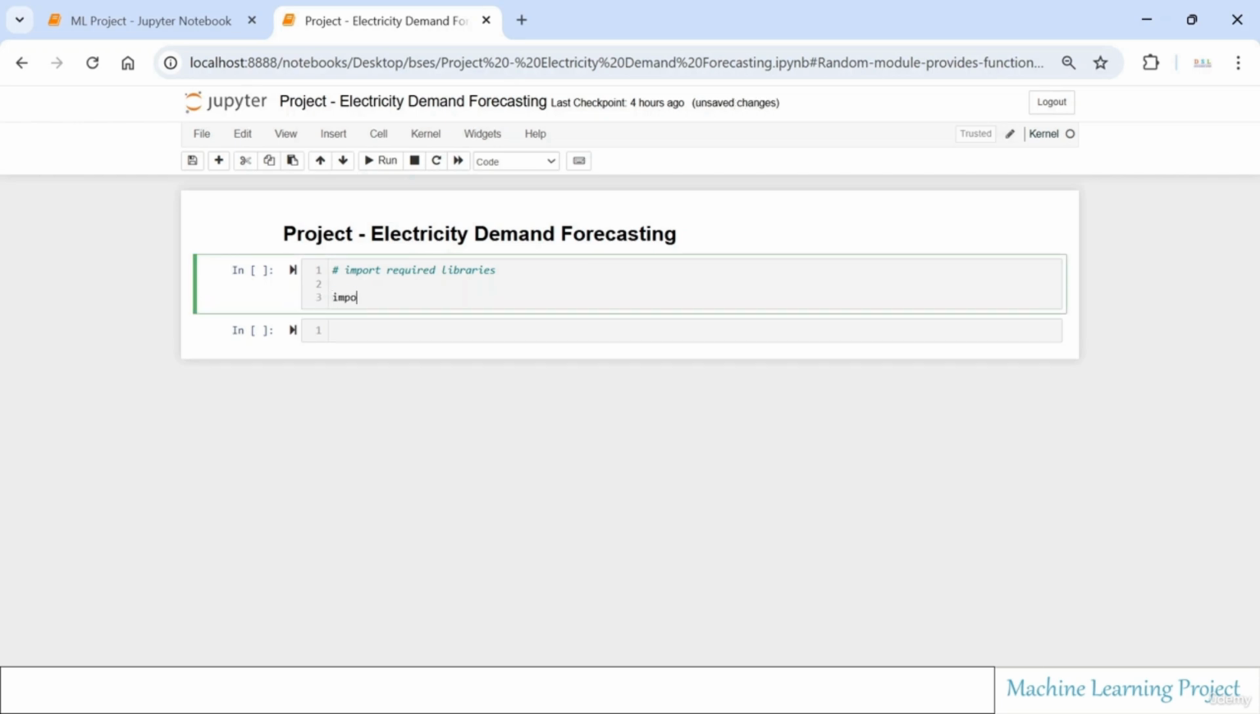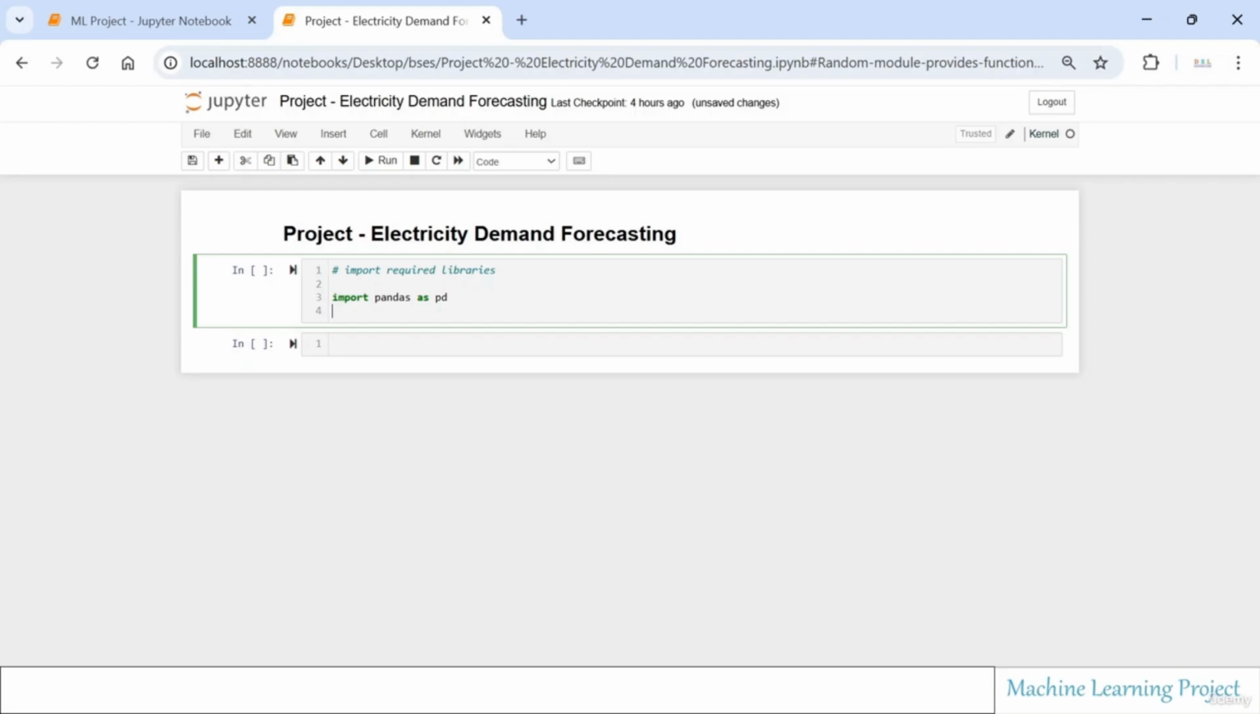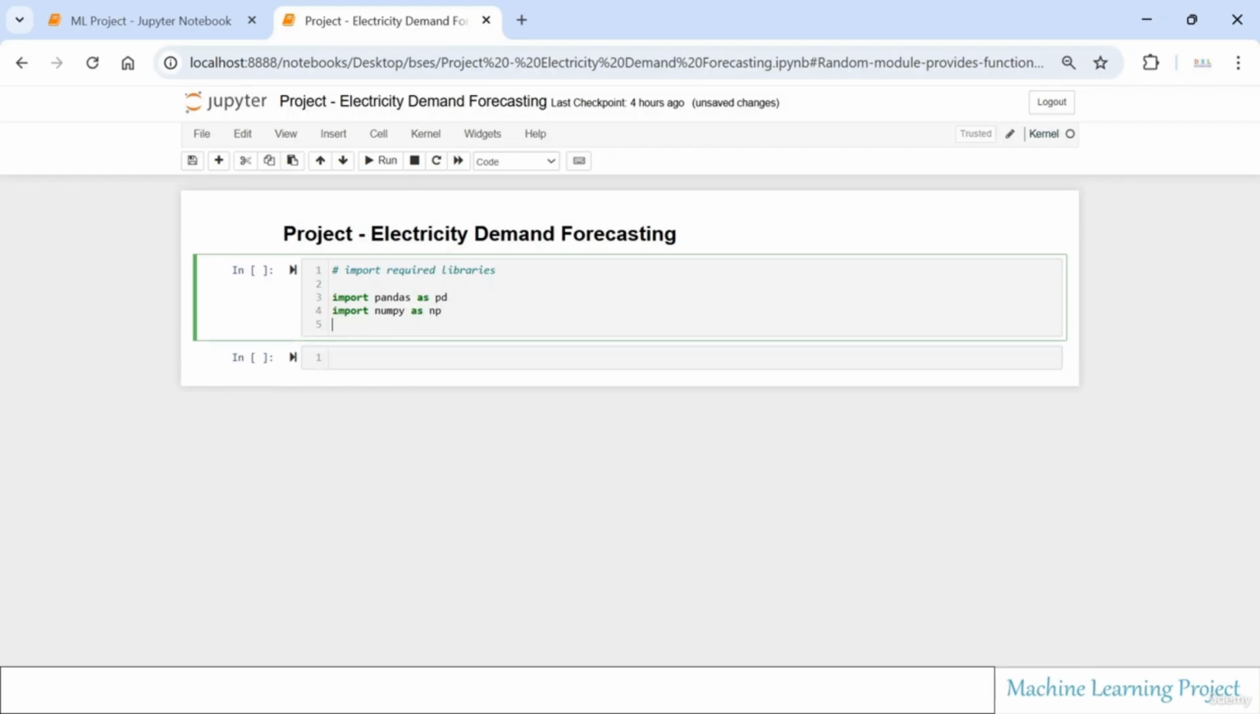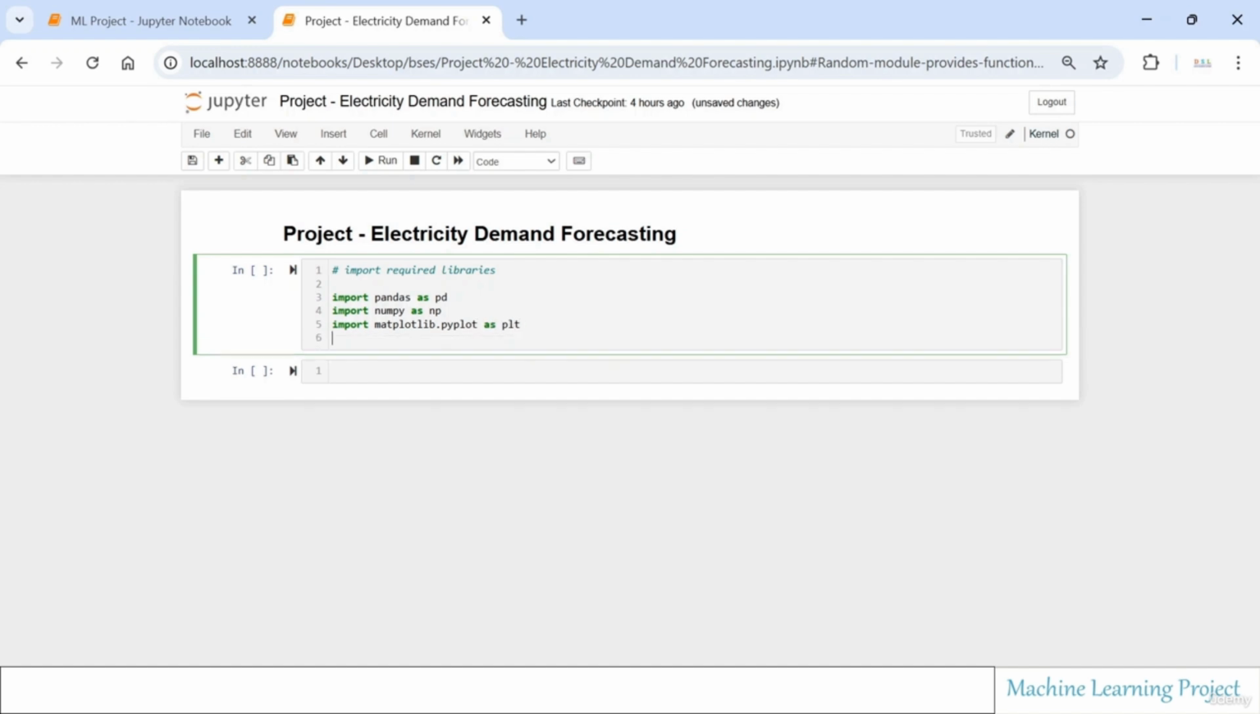We will import the Pandas library for data exploration, data cleaning and data analysis part. Import pandas as pd. We will also import the NumPy library because we will make some arrays here. Import numpy as np, and we will also use the Matplotlib library to draw some charts or bar graphs. Import matplotlib.pyplot as plt, and